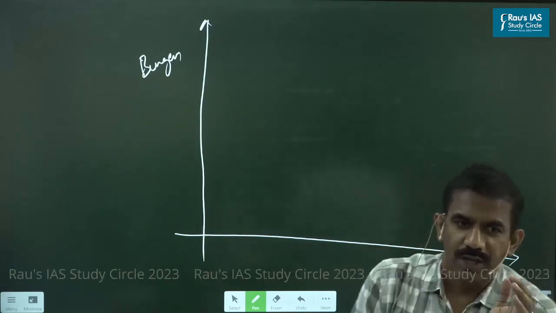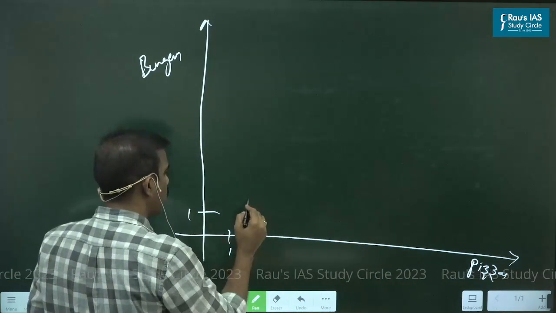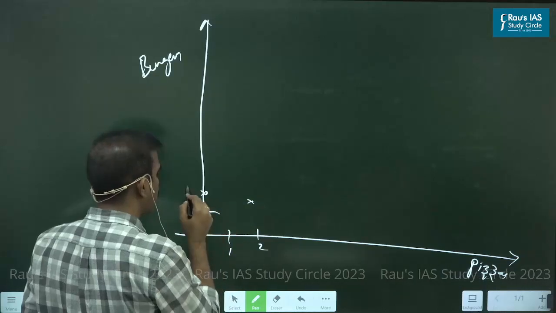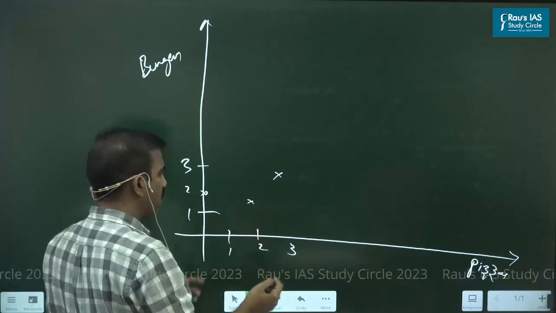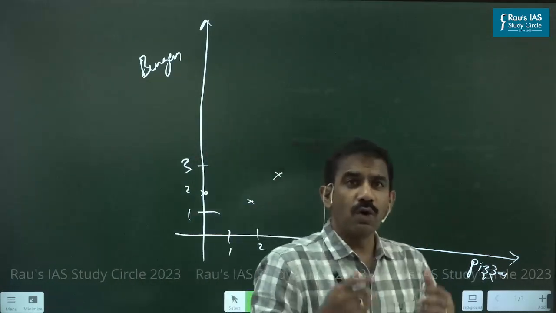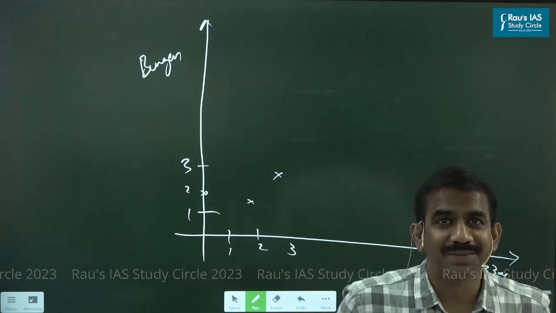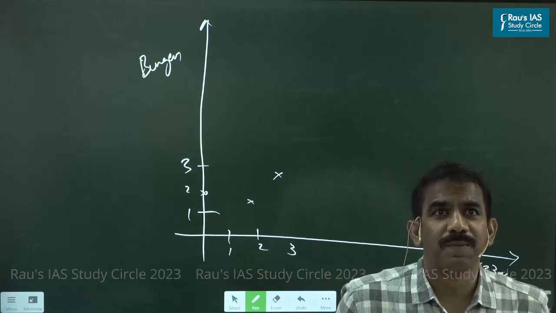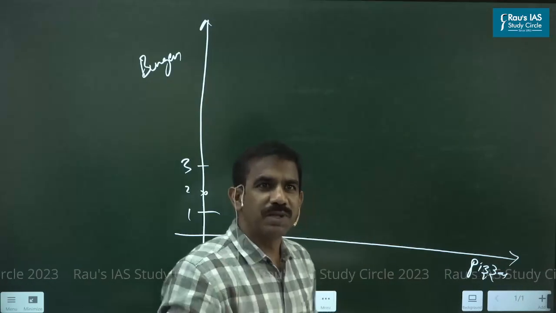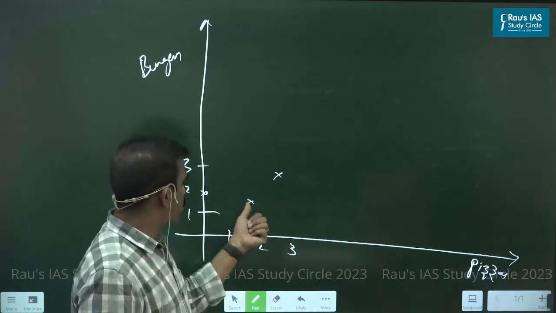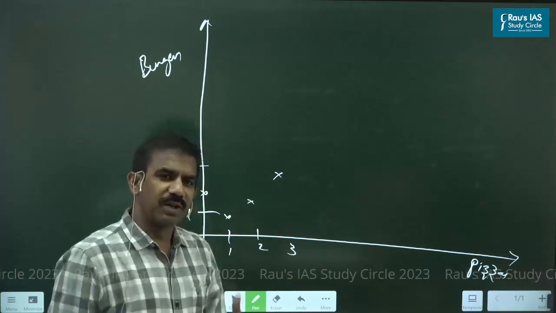So tell me, MJ, would you prefer one pizza or one burger, or would you prefer two pizzas or two burgers? What point do you prefer? One burger, two pizza, two burger, three pizza, three burger. What would you prefer? Vedika, what would you prefer? Only one pizza, one burger, is it? Okay. Given an option, would you prefer two or one? It's not only pizza or burger. It could be anything, isn't it?